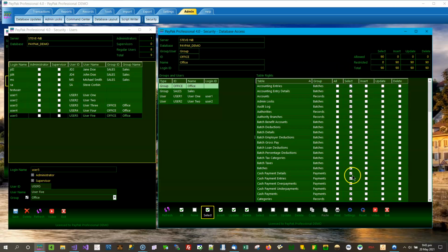so that the auditors would be able to go back and look at what transactions had occurred, print whatever reports they want to see from within the system, and at the same time they were blocked from adding new records, updating existing records, or deleting existing records. So this use of the select option is great if you have users who could be outside of the company or inside of the company. They could be auditors who are coming in to check your books, and you set up a user account for them,